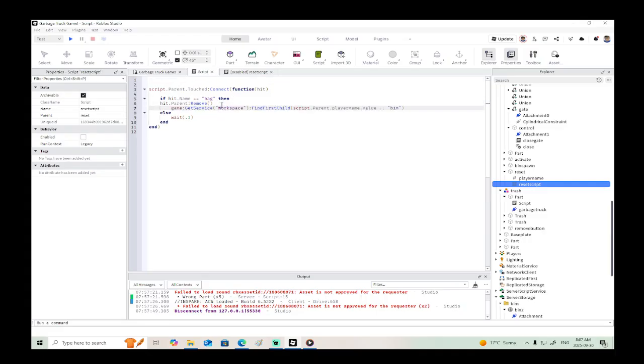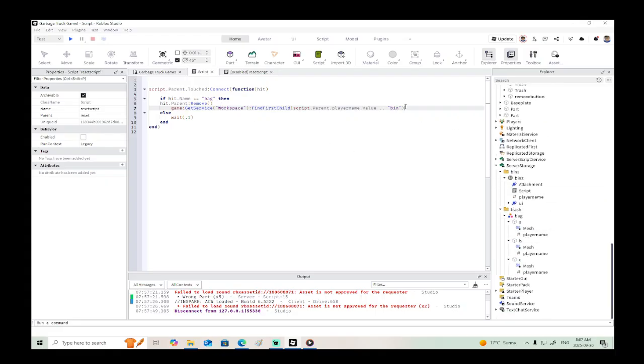And then what we also want to do is bin.playerName. So this is going to be local names, that's where the names are. And then what we're going to say is names. No, we want to say